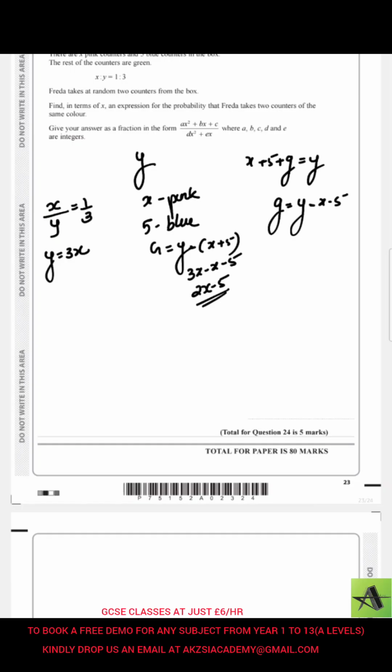Now, it says that Frida takes random 2 counters from the box, and find in terms of x an expression for the probability that Frida takes 2 counters of the same color. So the possibilities are she will pick blue, or green, or pink. And whenever there is an or in probability, we always add them up because these are separate possibilities. There are 5 blues out of y that she will select. Because y is 3x, I'll write 3x directly there. So I can say 5 over 3x